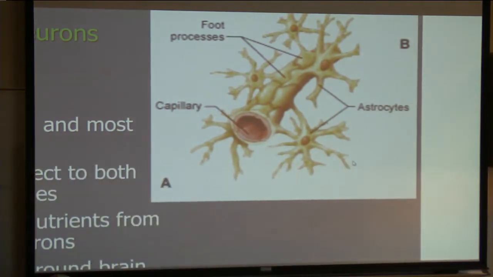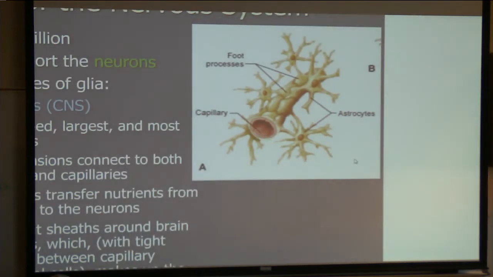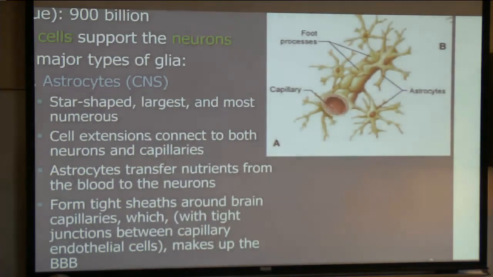And these astrocytes are going to allow nutrients to travel from the bloodstream through the astrocyte over to the nerve cell. The nerve cell ultimately has waste, and the waste can travel through the astrocyte back into the bloodstream. So they're kind of like that transportation pathway between the bloodstream and the nerve cells. Here we can see they connect to both nerve cells and capillaries, and they allow this nutrient transfer